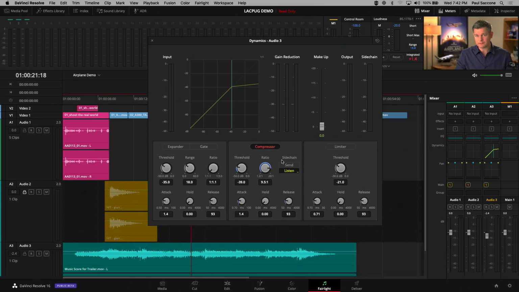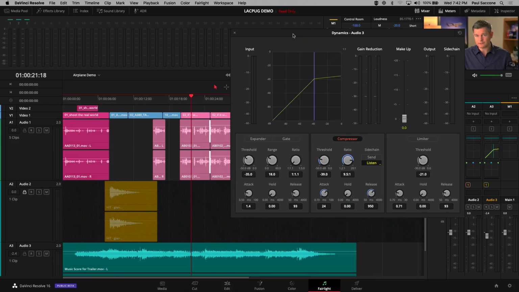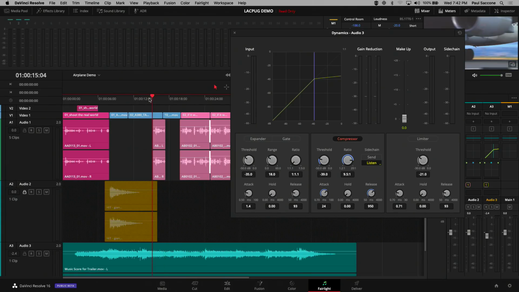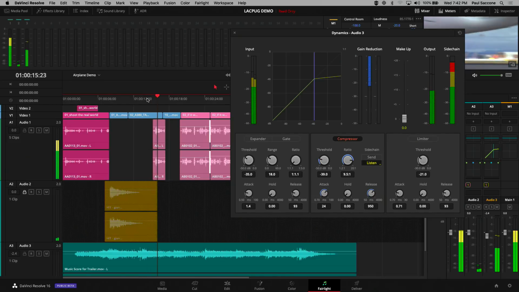And I'm going to set a compression ratio that's pretty high. And I'm going to adjust the attack, which is how quickly it changes the compression, and how quickly it releases the compression. Okay? This is a really fancy way of saying, automatically make my stuff louder and softer. Okay? So you send from the dialogue and you listen on the music and you set the ratio and the threshold. And then what happens is when you play back,